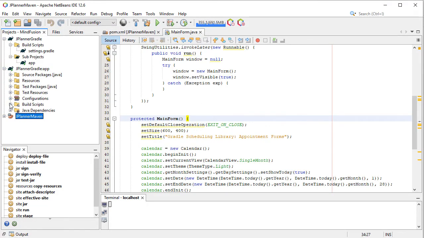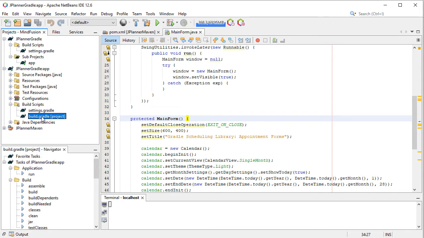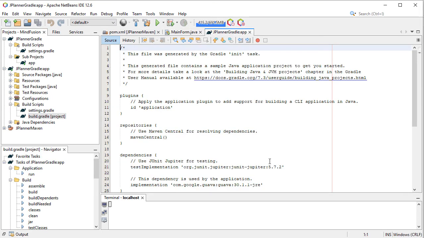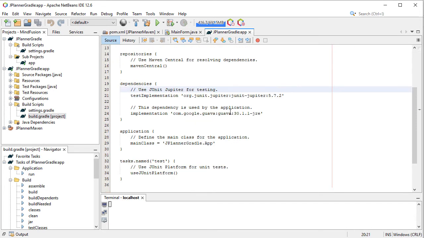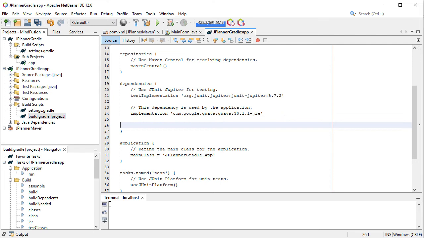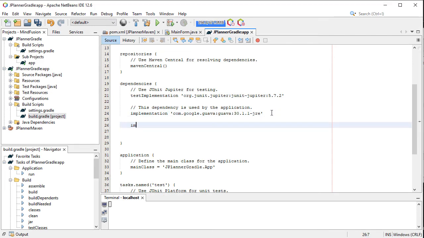Then, in the project tree under build scripts, we open the build.gradle script and edit it. We add implementation files, and then we specify the path to the jar file in brackets. This is the Groovy syntax here. If you are using Kotlin, this line will be slightly different.